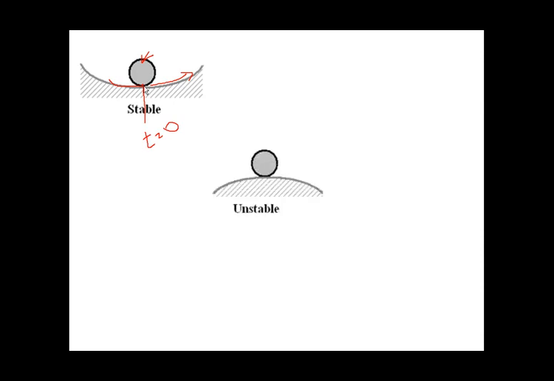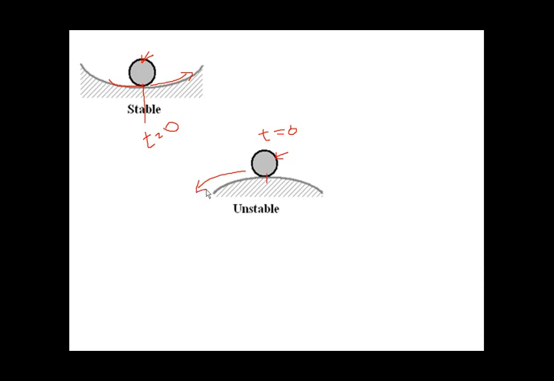Next, in the second example, let us consider a different surface. Here the ball is placed on this curved surface. Initially it is at rest at some point. Here also we can call this the initial time, that is t equal to 0. This is the equilibrium state. Once we apply force on this ball, it won't come back to the original place, it will roll down